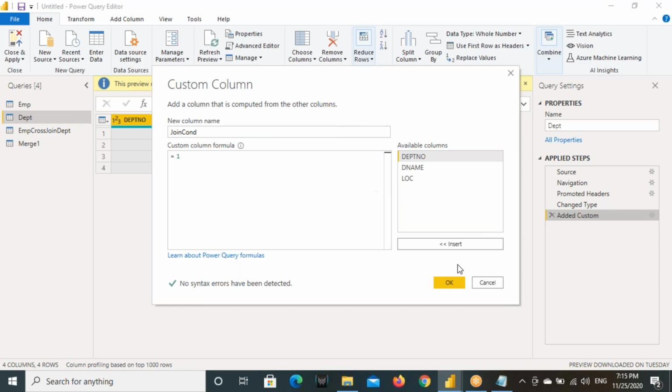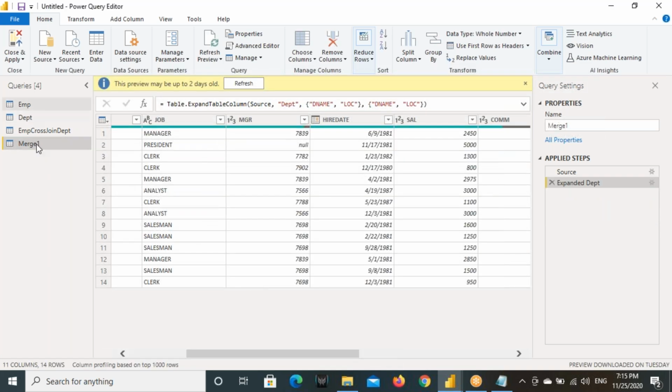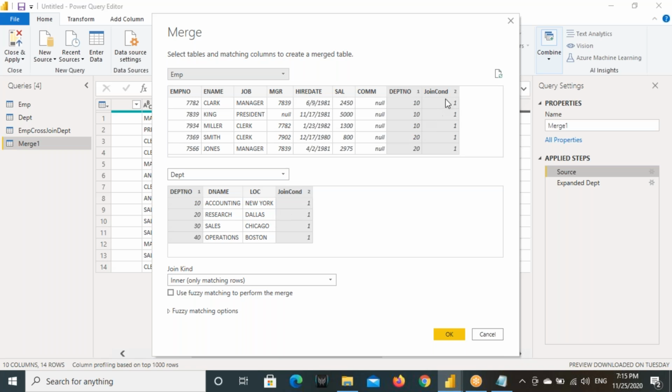Let's make it 1. Fine. You got the output here. It will check the two conditions that you wrote here, first condition and second condition. Only when they are matching will you get the output. Fine. The next one is